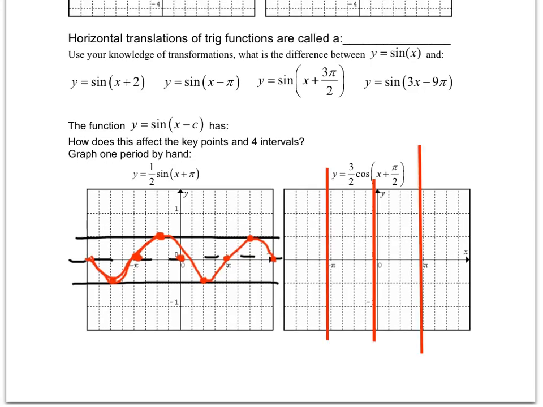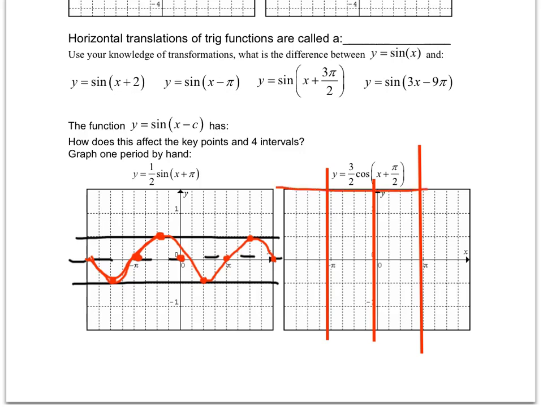Now with our next graph, we have y equals 3/2 times cosine quantity x plus pi over 2. We have an amplitude change of 3/2, and we have a phase shift of negative pi over 2. So we will need to keep these in mind as we are creating the graph of cosine. Now I've already set up the intervals here for the way that we usually see them, which is 1, 2, and 3 here. However, we now need to look at the amplitude,